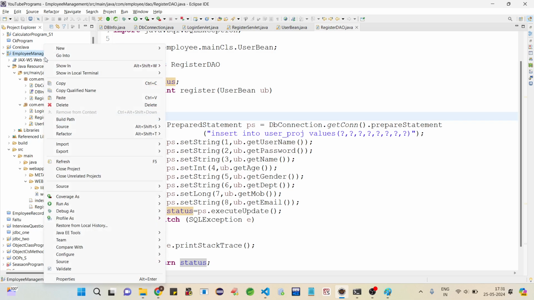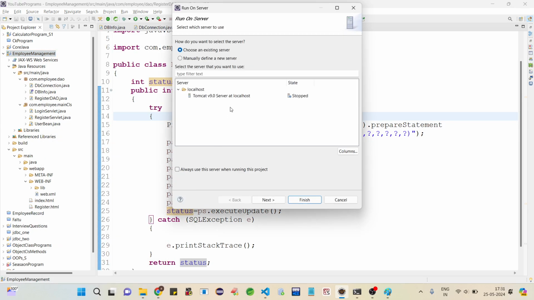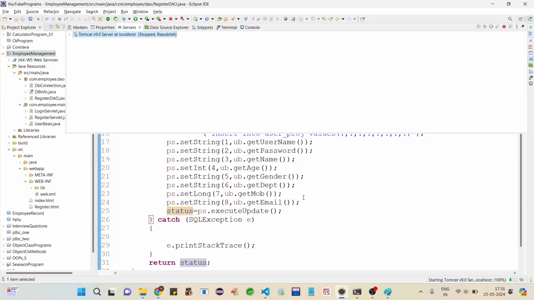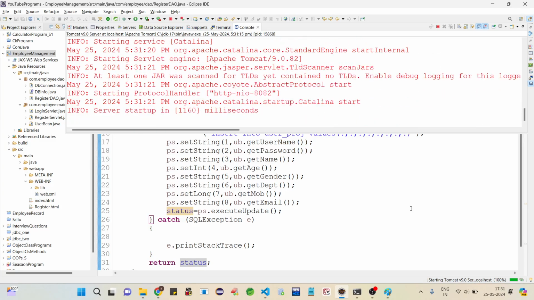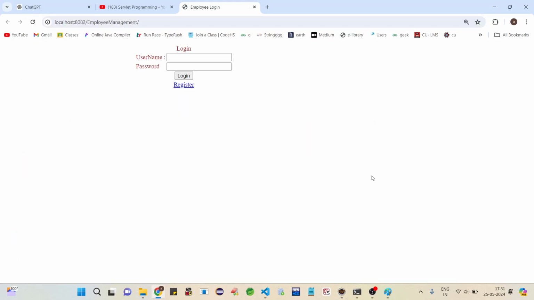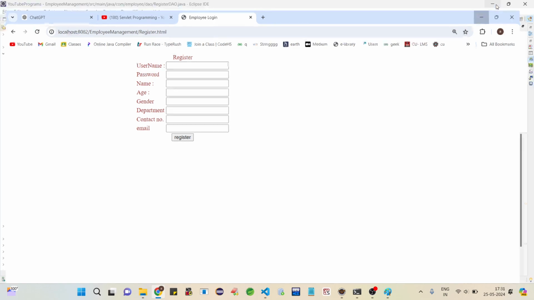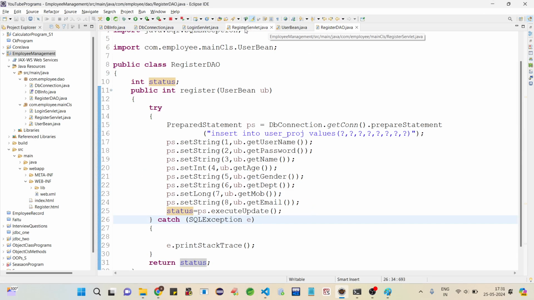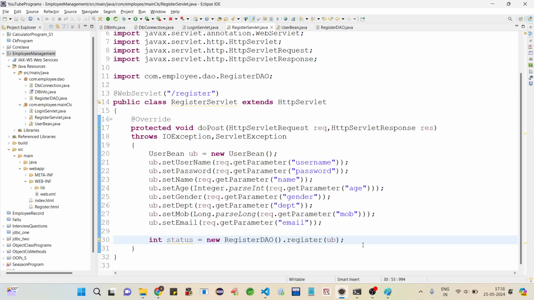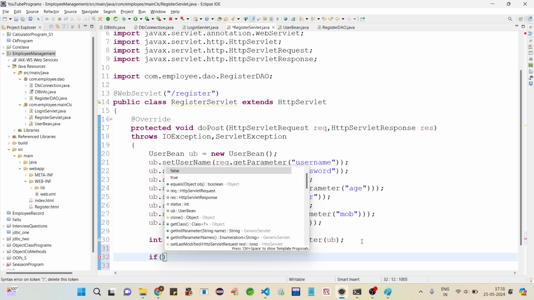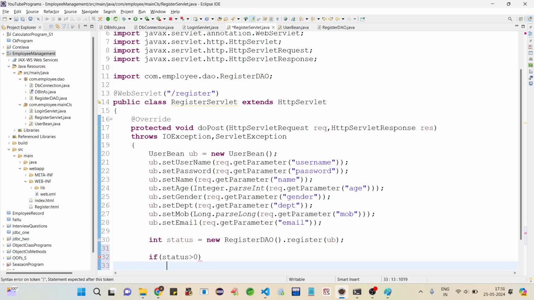Run the program. Right click on it, run as, run on server, click Tomcat, finish. Login. We didn't write any code for login, that's why we are going to register. We came to register, but one thing we are missing, we are not printing anything here. First what we have to do, if status greater than 0, then what we have to do,